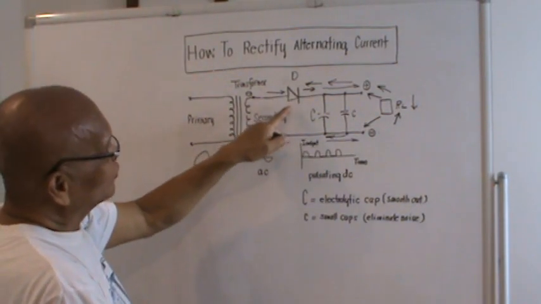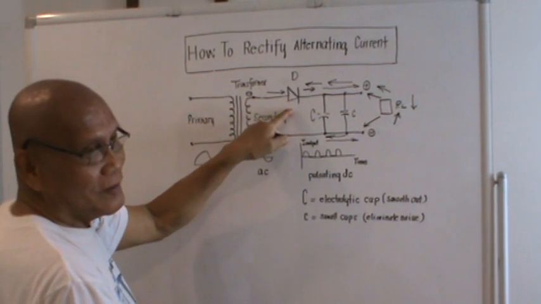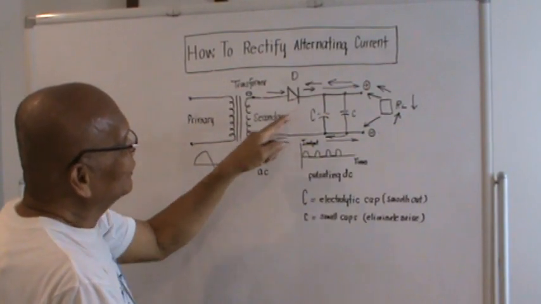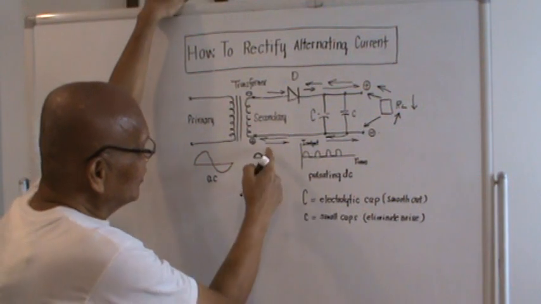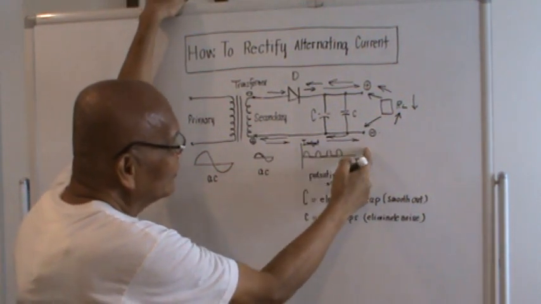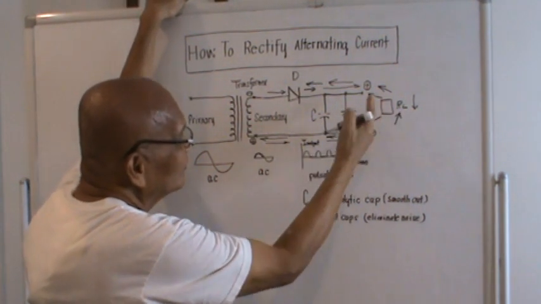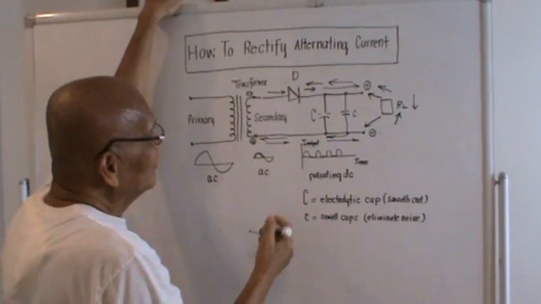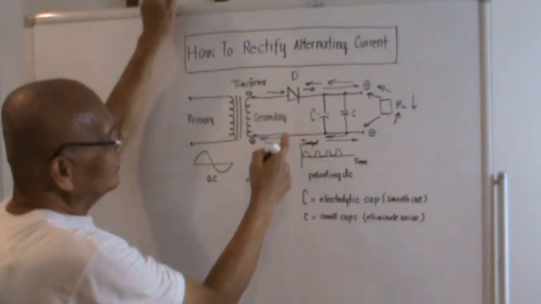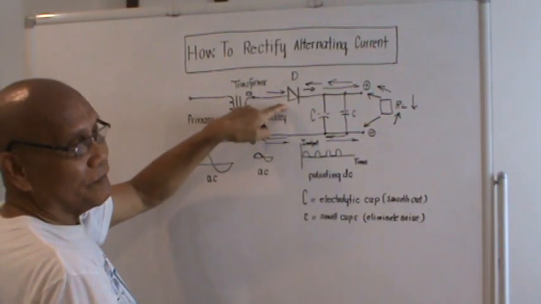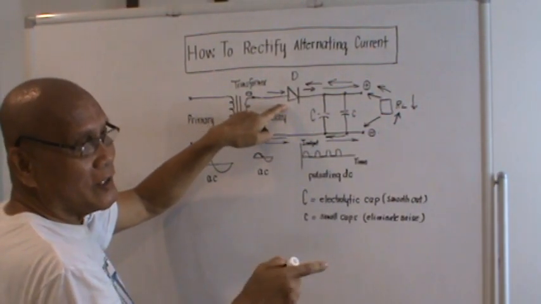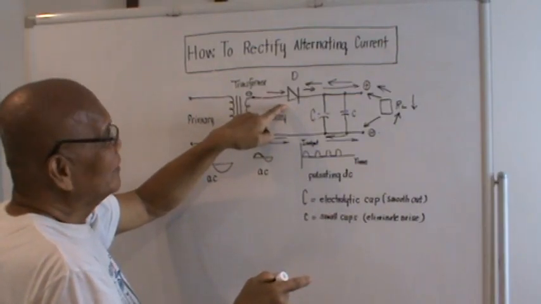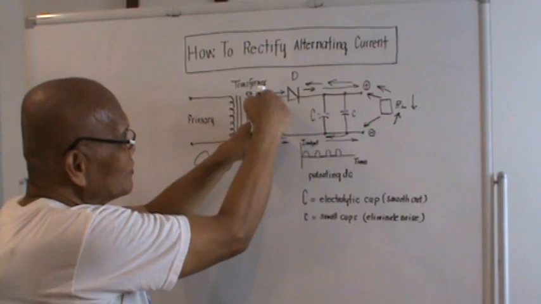Then it will try to enter the diode, but during the negative alternation, like what I said, it will pass here, go here, pass through the load, it will go back to the positive terminal, go back here, but it could not enter the diode because the diode is only activated if the anode is positive with respect